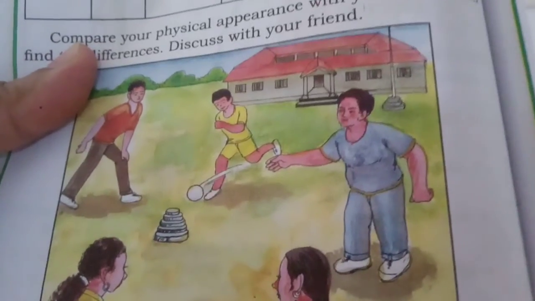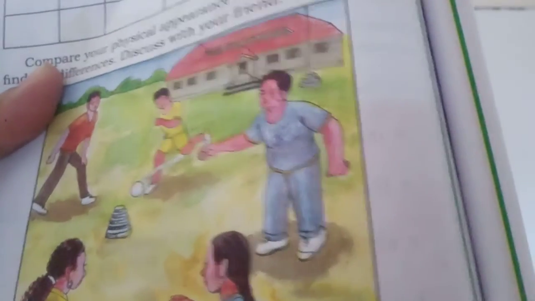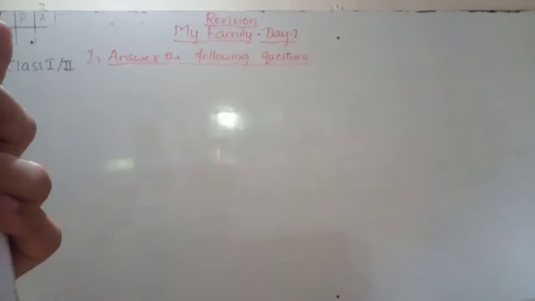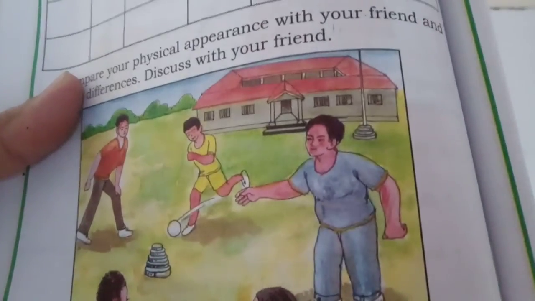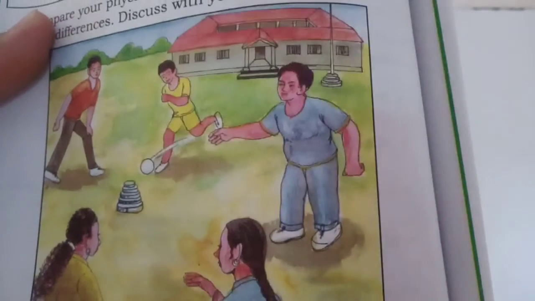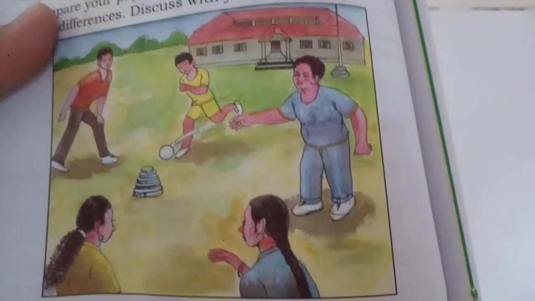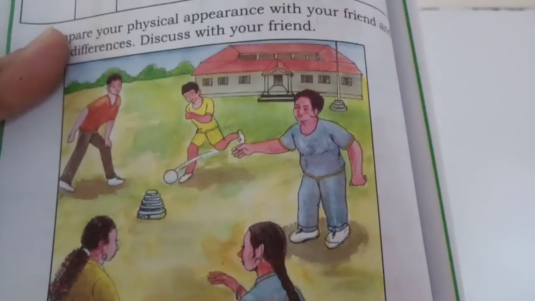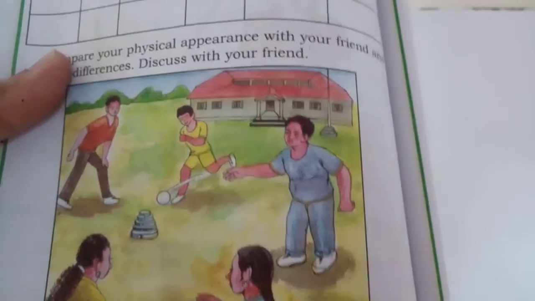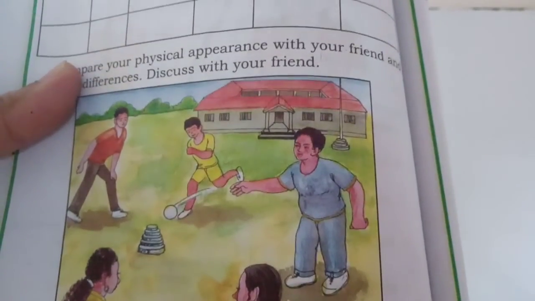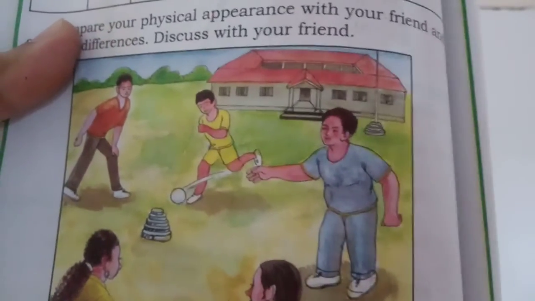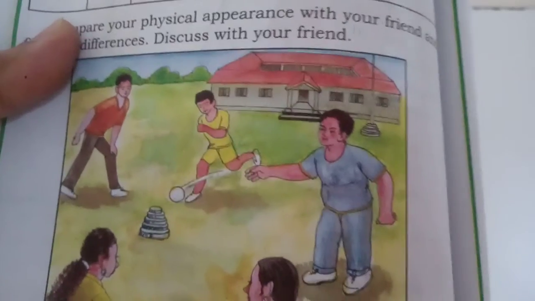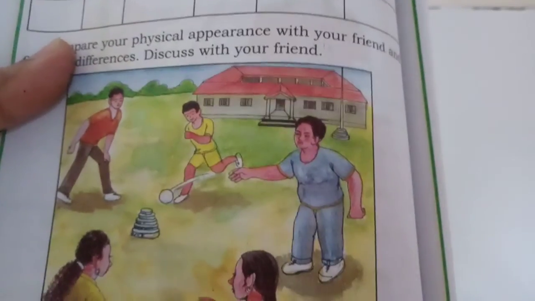In the picture, Janki, Farida, Salim, John and Ramesh are playing. You can see Janki, Farida, two girls, Salim, John and Ramesh. All are studying in one class only, but they all are different from each other. Understood? Some are short, some are fat, some lean, but all are studying in one class only. All are friends, all like each other, and they love each other, and they play with each other.